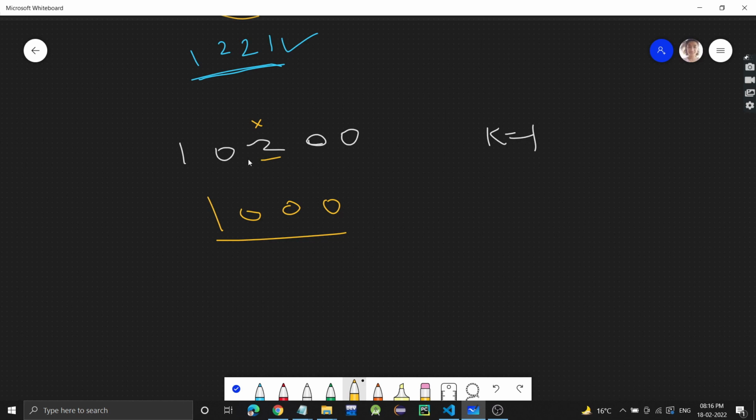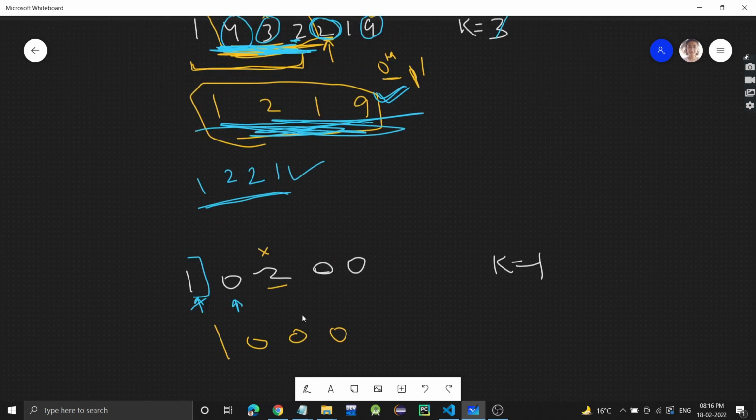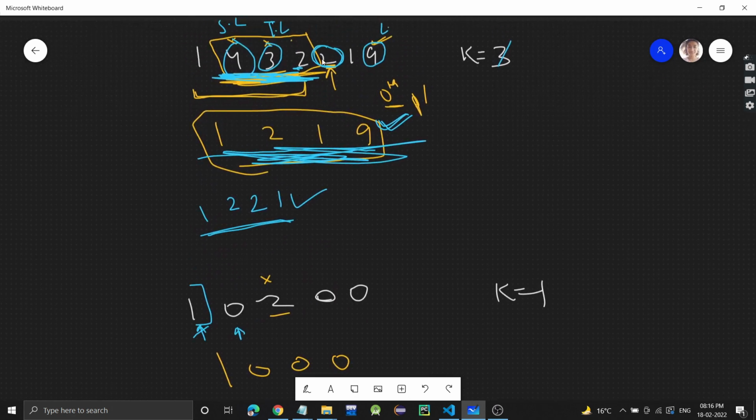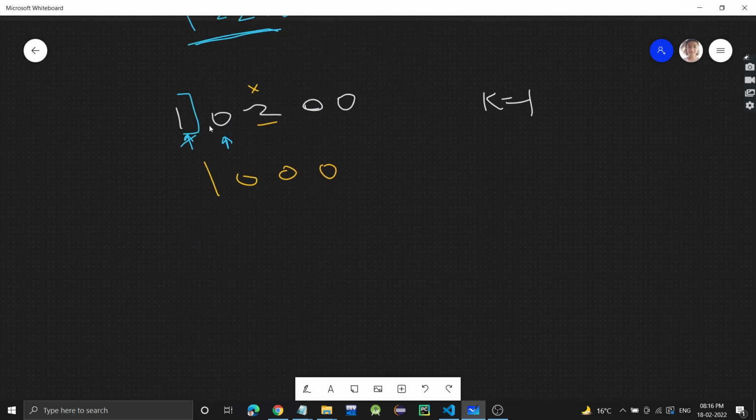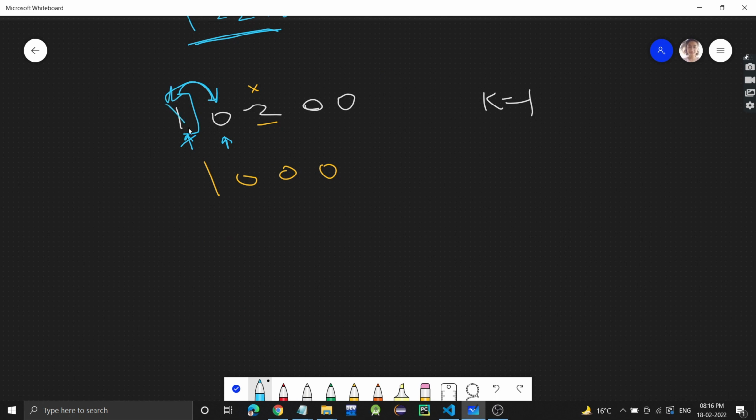But if we start from the beginning, we go from here, then here, and we see that we are at 0, but this 1 was greater than 0. Similarly, here it was the same case: we were at this 2, and these 4, 3, 2 were greater than or equal to this 2, so we remove those. Similarly, here this 1 is greater than this 0, right? So if I remove this 1,